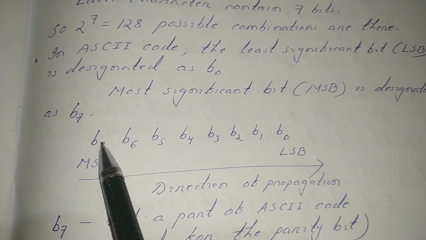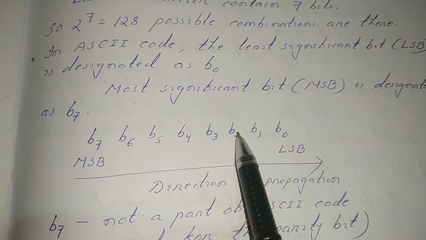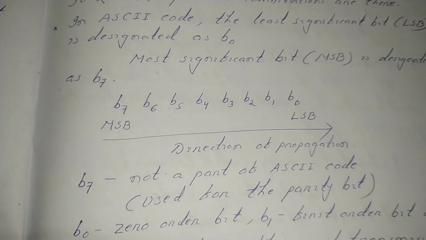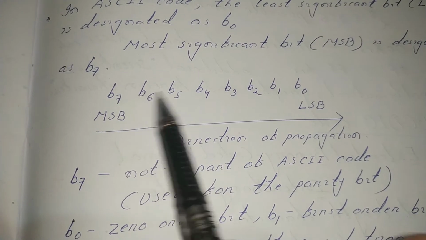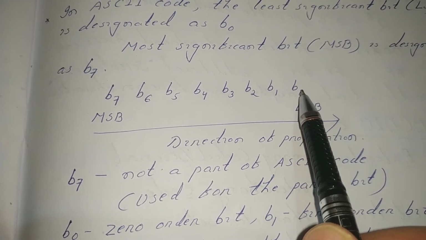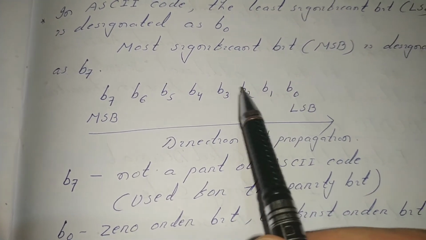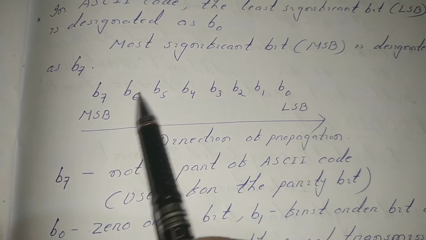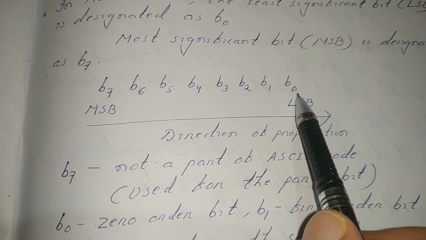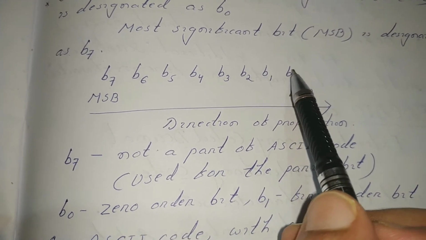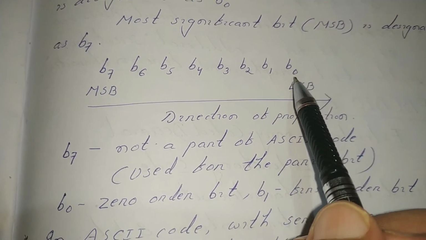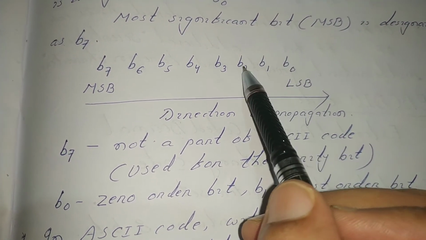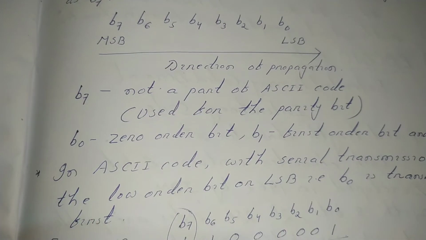So in this way it is written B7, B6, B5, B4, B3, B2, B1, B0, and that is the direction of the propagation. But here in ASCII code all the bits are of equal significance, so no weightage value is there, only just represented as this one is the most significant, low significant, but basically these are representing the order in which that will be transmitted. So first, if you are using the serial transmission, first bit B0 will be sent, then B1, then B2, then B3. In this way it will be sent.